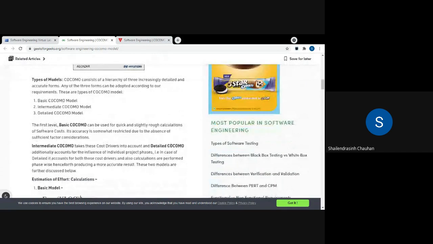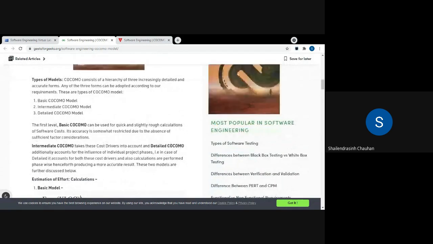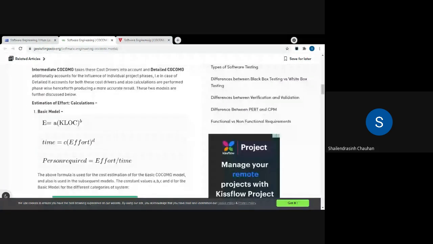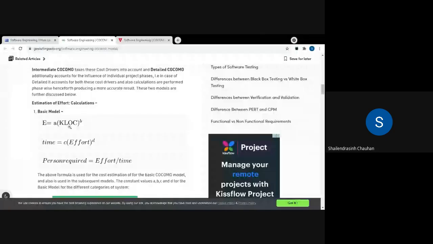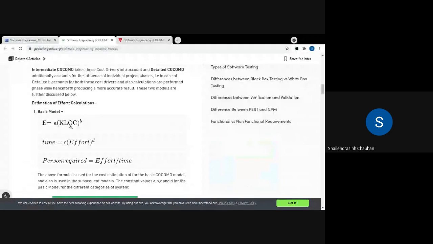If you want to go with the intermediate model, you are also going to consider a few other things, which we'll discuss later. But let us go with the basic model first. In this basic model, in this effort, you have this one example, and they have given these kinds of answers. So let us directly analyze the answers, and then we'll see the example of this basic model.